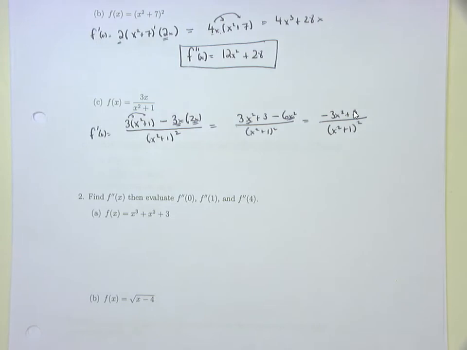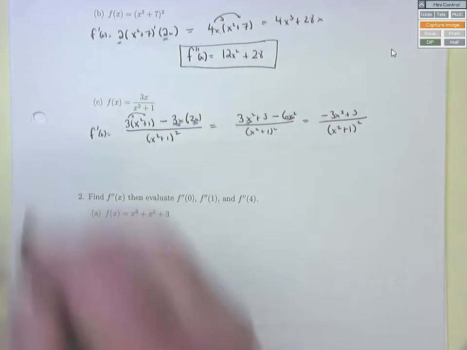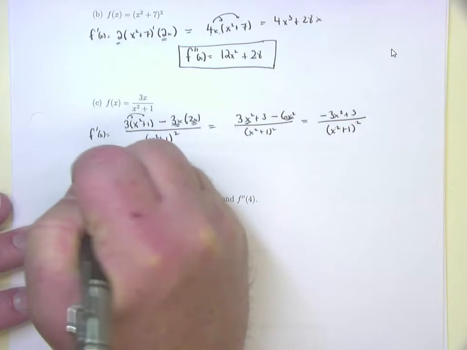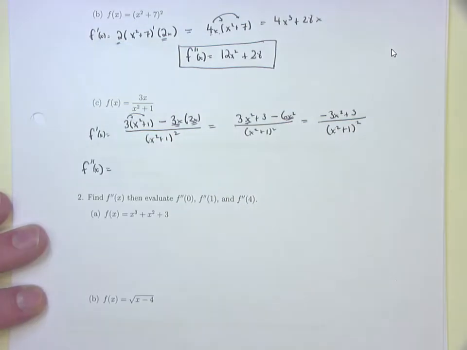Does that make sense? Don't lose you guys anywhere. Now, take a second derivative. What rule am I going to use to take a second derivative? What do you see? Negative 3x squared plus 3 divided by x squared plus 1 squared. Quotient rule. Yeah, I see some chain rule action too, but the big picture, because of that big divide, is